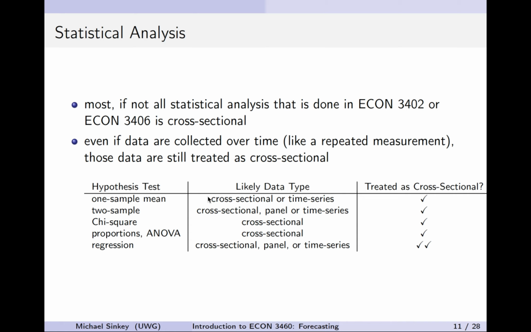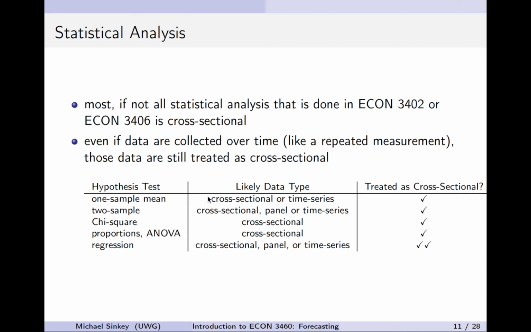So you could do something like measure my weight at different months of the year, and we could have a hypothesis about what the average weight that I have is, and when I do the data analysis, take the standard deviation and the mean for a test statistic, I have implicitly treated it as a cross-sectional data set, even though I measured the same variable at different points in time. So that's a time series. And there's correlation between the values in the time series. And we sort of sweep it all under the rug and we say, well, it's cross-section.